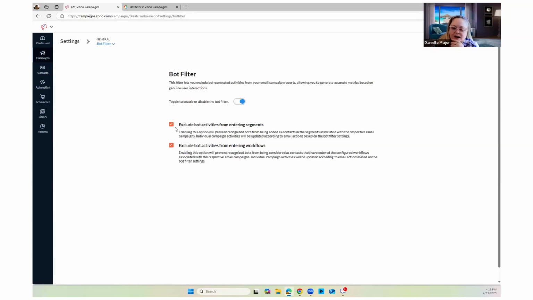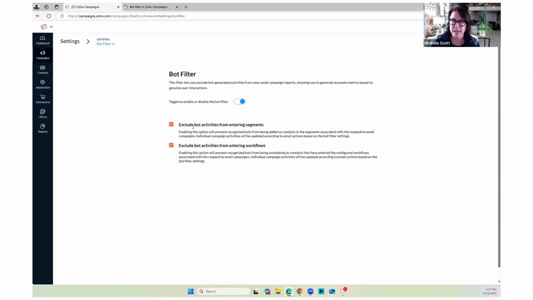It doesn't matter, but to show them what the two options are, and maybe you want to turn one of those options off. Like Michelle and Tim said, I don't see any reason why you would actually turn the bot filter itself off. I wouldn't recommend that you do, but when it is enabled, you'll also see these two options, including exclude bot